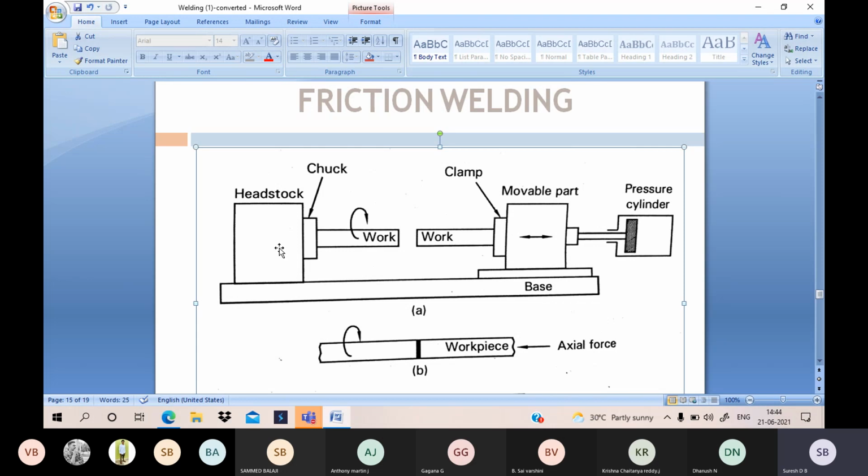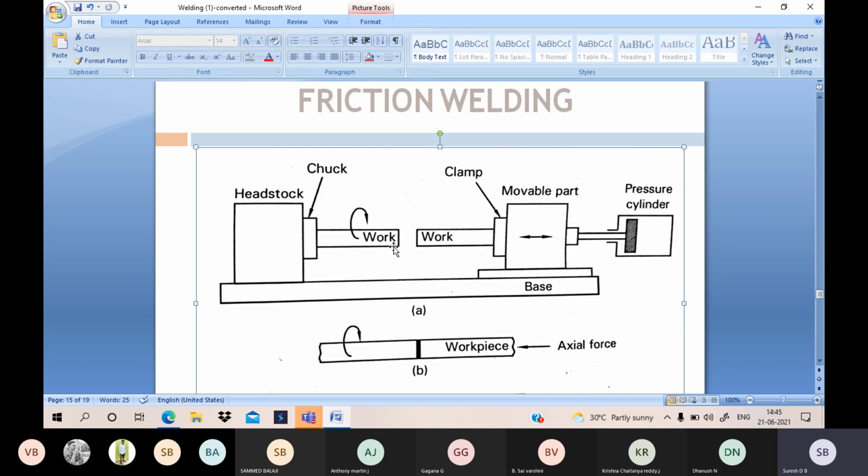Here also it is the same. It depends upon the workpiece. Suppose the diameter of the component is very small, at that time you go for low speed. Suppose the diameter of the component is very large, at that time you go for higher speed. I will explain why you can select a lower speed for a smaller diameter and a higher speed for a larger diameter.